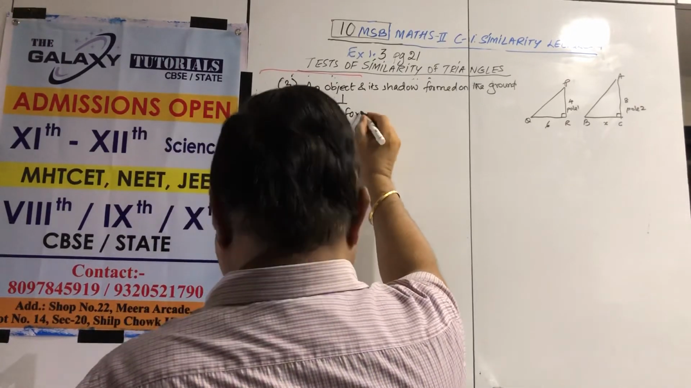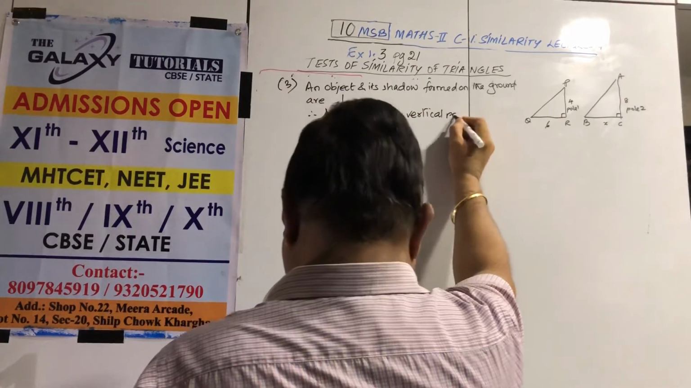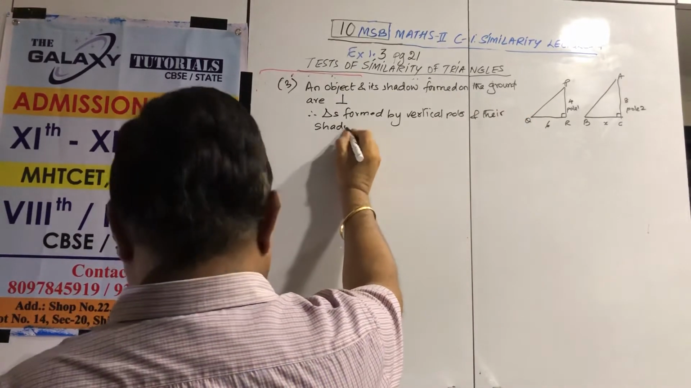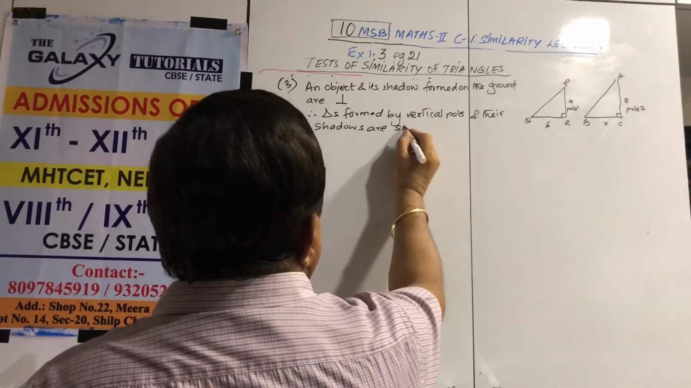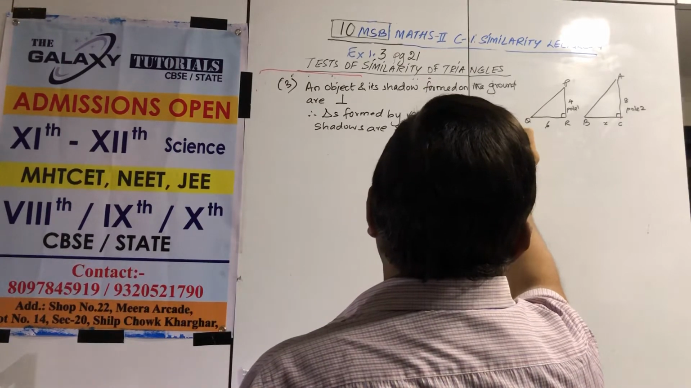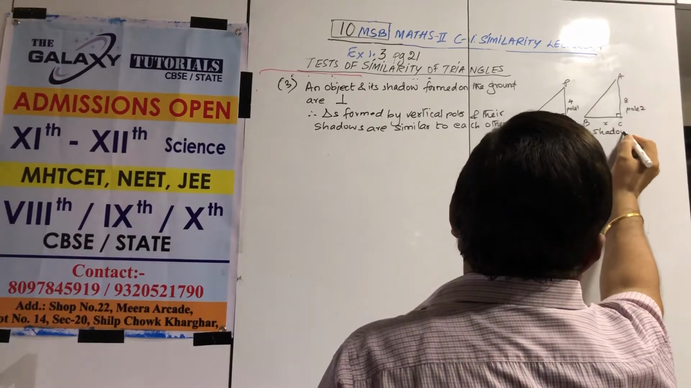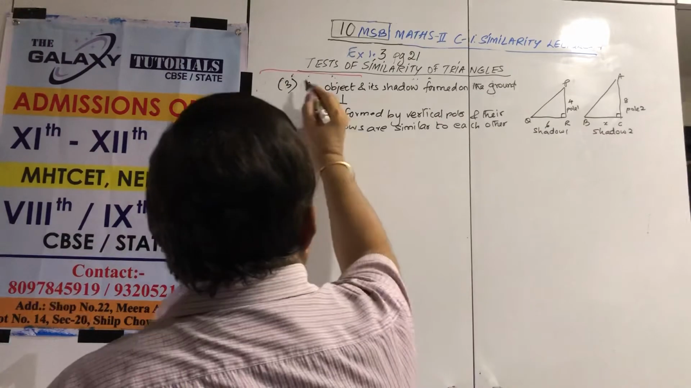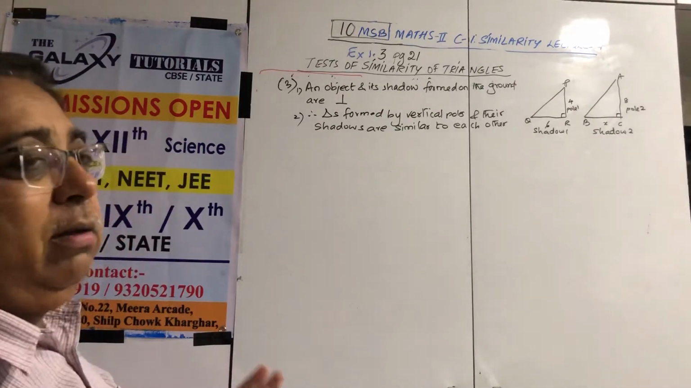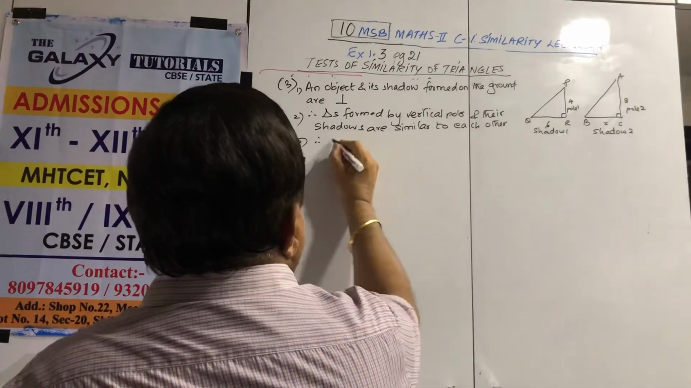triangles formed by vertical poles and their shadows are similar to each other. Okay, this is shadow 1, this is shadow 2. So we are saying that these triangles are similar to each other. Okay, that we are not having crooked heads or different measurements, nothing like that. Okay, so therefore, triangle